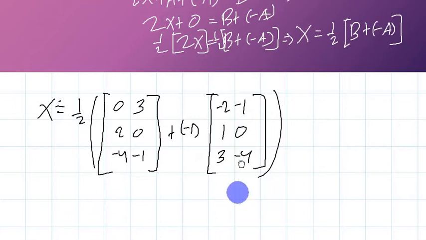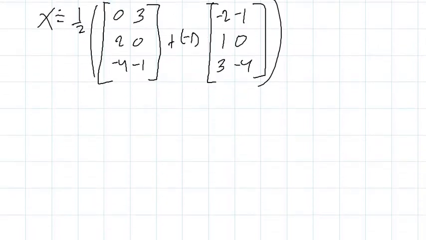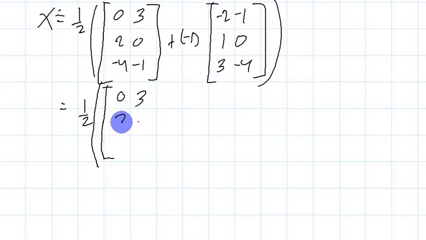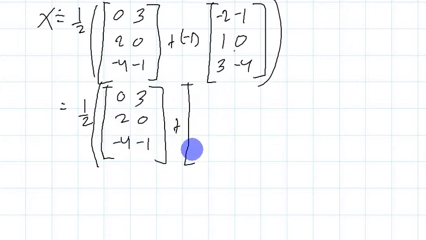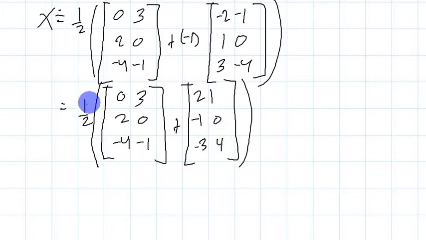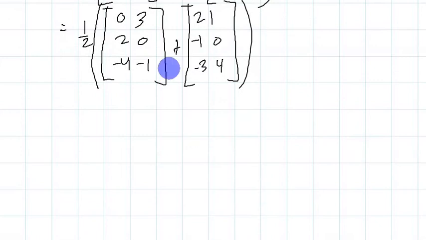And let's just pull it up a bit. Therefore, we're going to have here 1/2 multiplied by 0, 3, 2, 0, negative 4, negative 1, plus we have here 2, 1, negative 1, 0, negative 3, positive 4. So you can distribute the 1/2 first or add the two matrices first. Me, I'm going to add the two matrices first. So I need space again. There you go. We're going to have 1/2